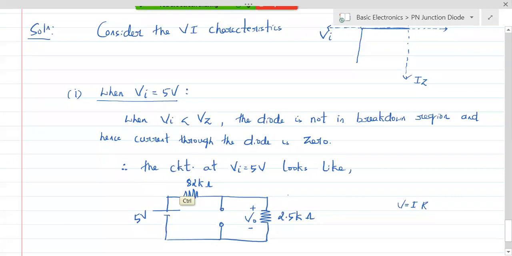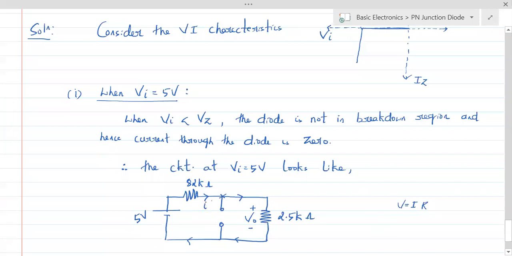I know the resistor. I need to know the current. Now suppose the current will start flowing here. Some current will start flowing here. Now tell me, after it comes to this point, will it flow in this particular path? No, sir, because it is open circuit. So the whole of this current has to move in this direction. The same current will move here. No current would move in this particular path. So the same current which starts at this point will come back. Let's call that current I.